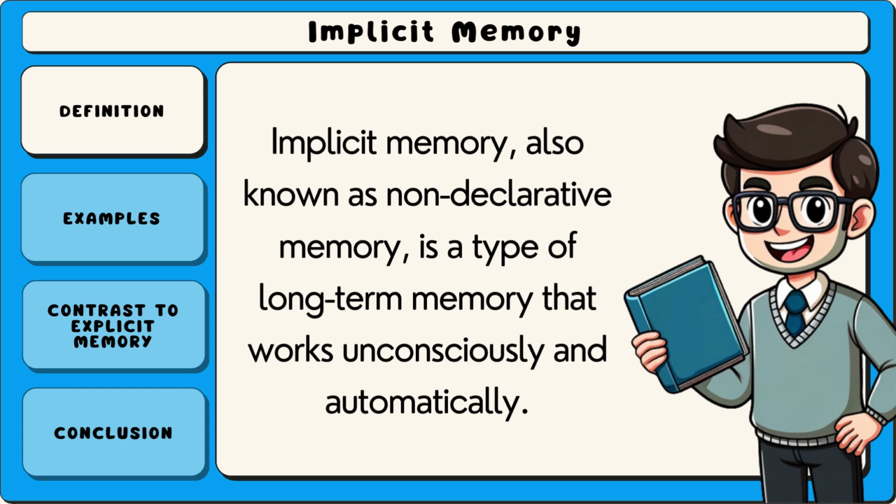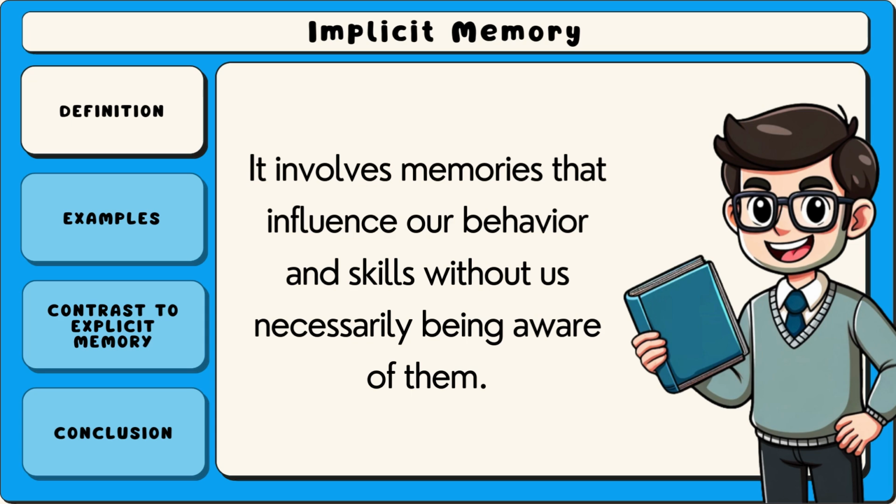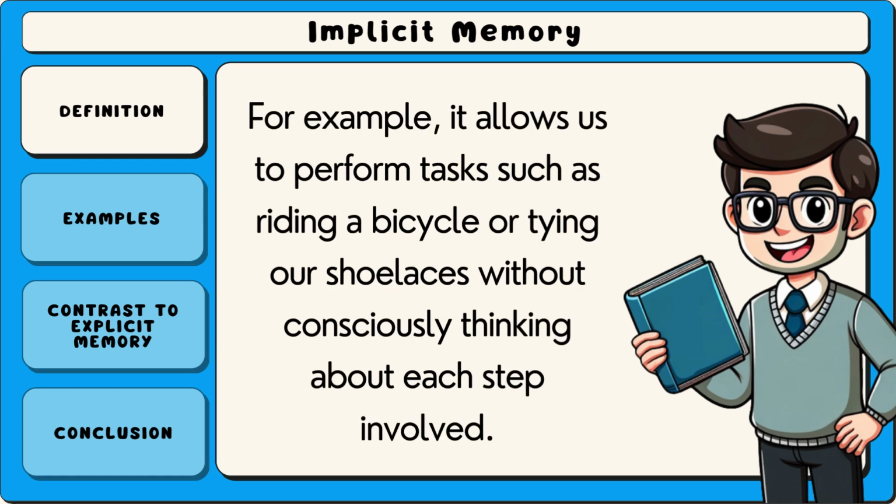Implicit memory, also known as non-declarative memory, is a type of long-term memory that works unconsciously and automatically. Unlike explicit memory, which requires active recall of facts or events, implicit memory is used without deliberate effort. It involves memories that influence our behavior and skills without us necessarily being aware of them. For example, it allows us to perform tasks such as riding a bicycle or tying our shoelaces without consciously thinking